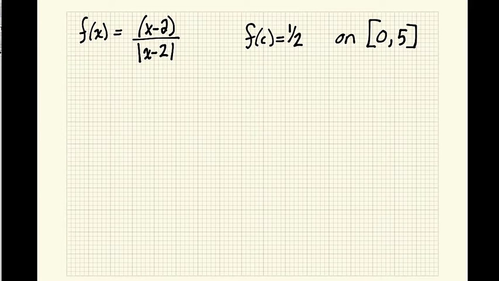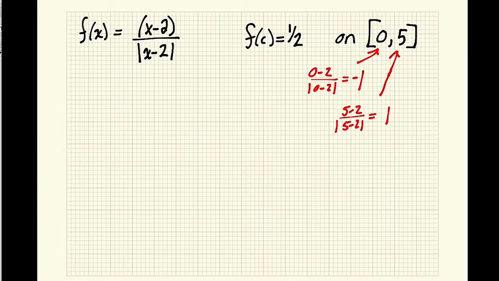If you look at the value of this function on the left end of the interval, when you plug in 0, you're going to get 0 minus 2 over the absolute value of 0 minus 2, which is going to end up giving you negative 2 over positive 2, a value of negative 1. On the right-hand side of this interval, you're going to get 5 minus 2 over the absolute value of 5 minus 2, which is 3 over positive 3,